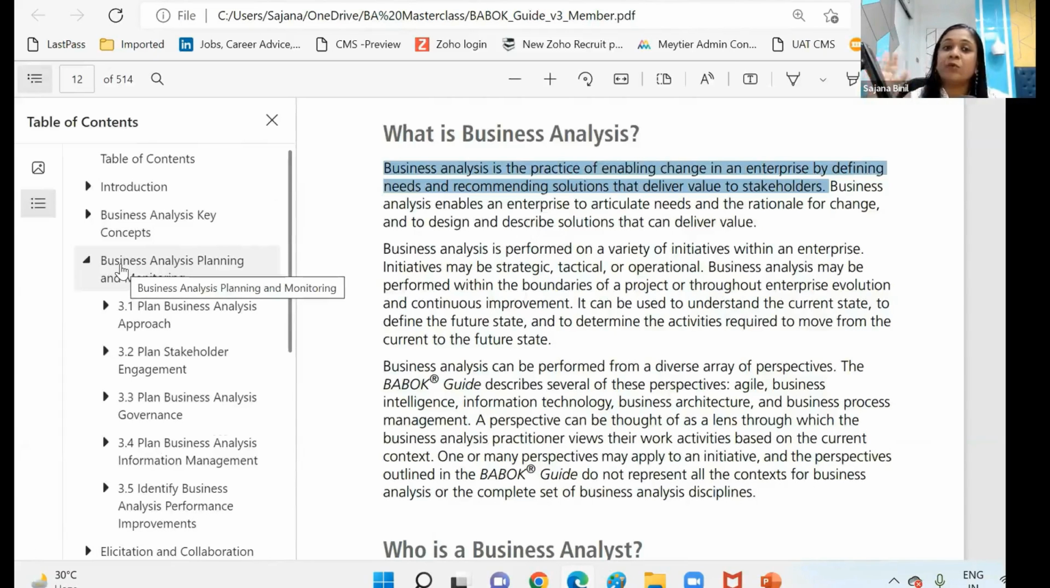So knowledge areas equal categories. Mention that in your notes, otherwise you'll wonder why these knowledge areas exist. Knowledge areas are not phases in the project. Mention that also. Don't think that business analysis planning is going to be a phase in the project. No, nothing like that. These are just categories or buckets created by IIBA to group certain tasks